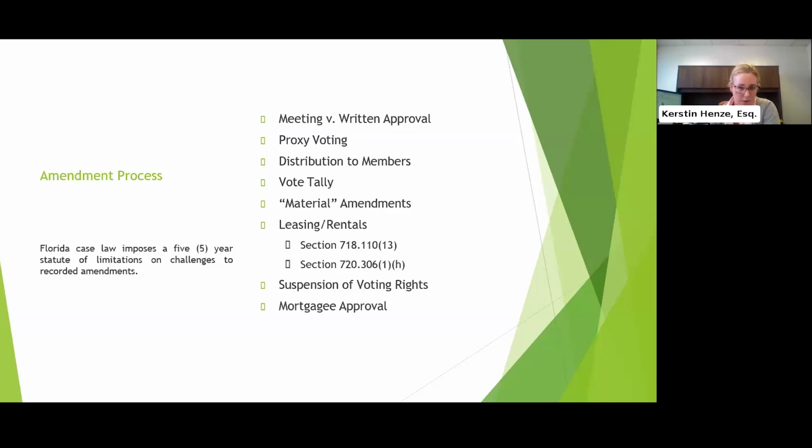Now, if you have a high voting percentage, and 2/3 of the voting interest sometimes could be high for your community, or let's say you have a requirement to get the approval of 75% of the membership, then one thing you might consider is, before you present a substantive amendment to the membership for approval, you might want to present to the owners an amendment to reduce that voting percentage. So you might want to consider reducing the percentage to a majority of the voting interest. Some communities have reduced the voting percentage to a majority of quorum or a different percentage of quorum.